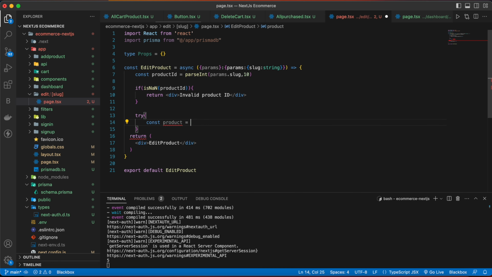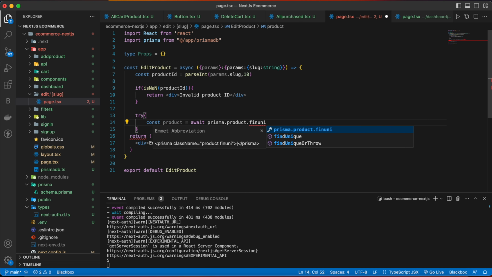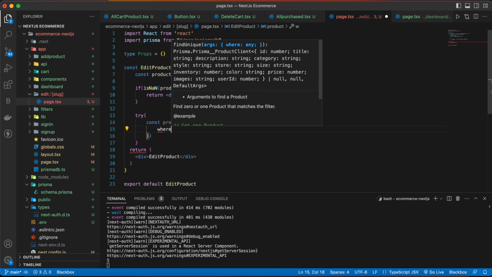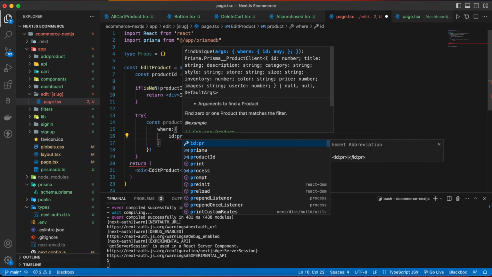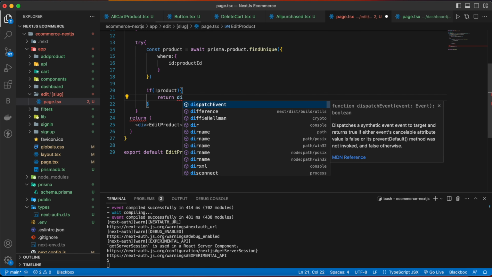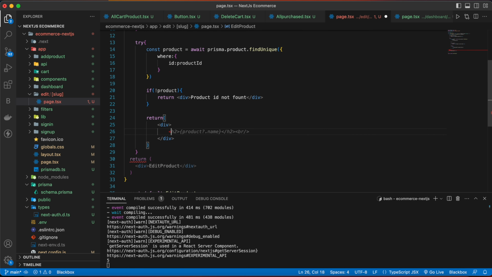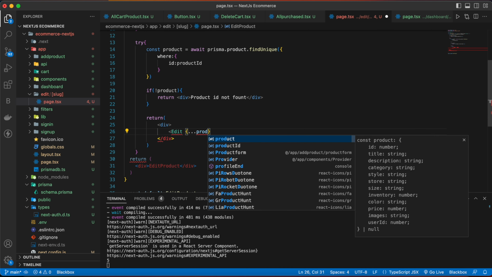So const product is equal to await prisma.product.findUnique, because we are finding one product where the id will be productId, and if the product is not found in database, so if the product is not present, then we are going to return a div the product is not found, and if the product is found, then we are going to simply return a div, and here we are going to have a component Edit, and inside that we are going to pass the product, then close it,